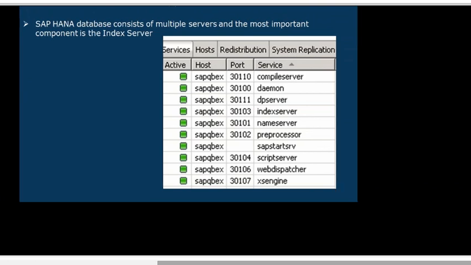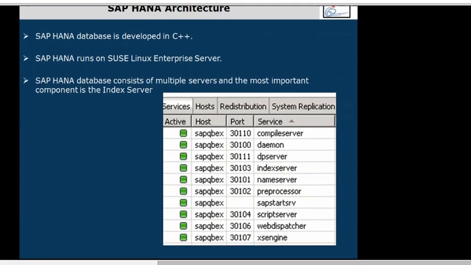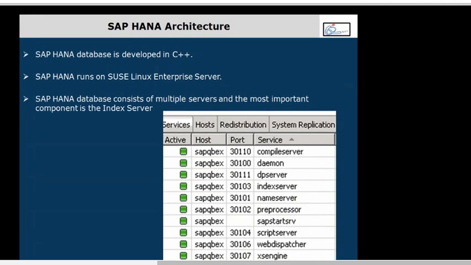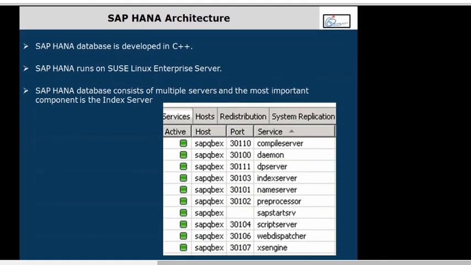When you say architecture, you're not trying to learn it for an interview. You're just trying to learn what is in it. What are the different components in this HANA server that make it fast, and which one does what kind of activity? This is just to understand what each component does, and how overall they perform the activities of the database.